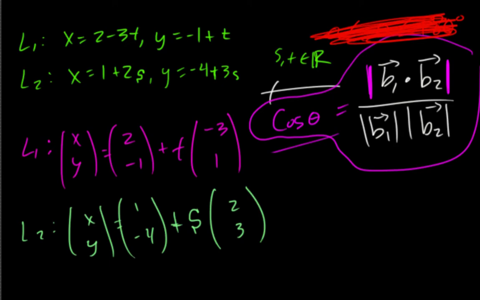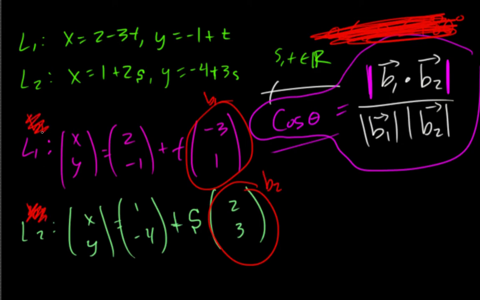Okay, now when we have this, it's easy to see that, I'm going to call this B1 and B2 as our vectors. And so our direction vector for the first one is this, and the direction vector for the second one is this. Okay, and so this is B1 and this is B2. I meant we were going to get B1 and B2 from this. Okay, so that's really all we have to use. So we need to find the dot product of these. And so if we're doing the dot product